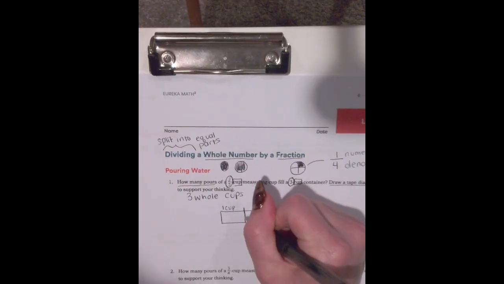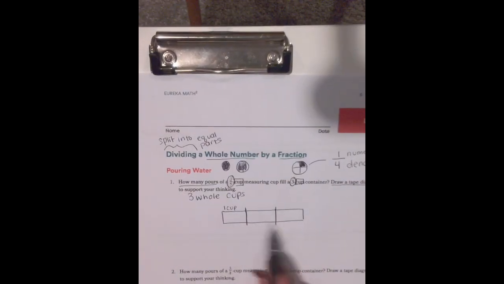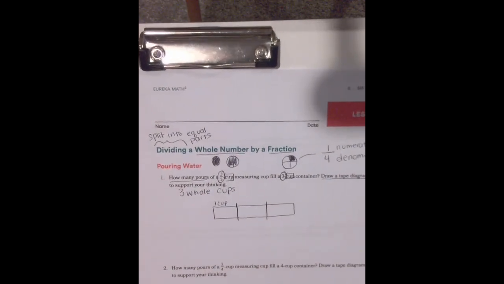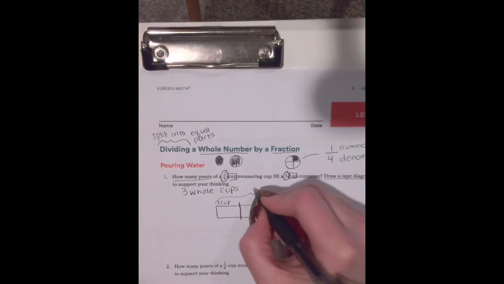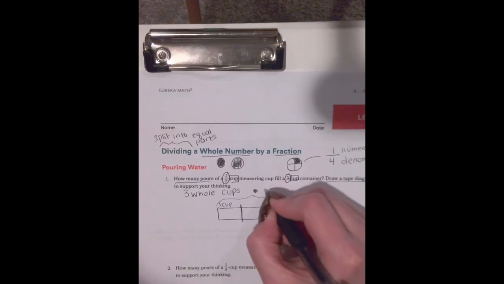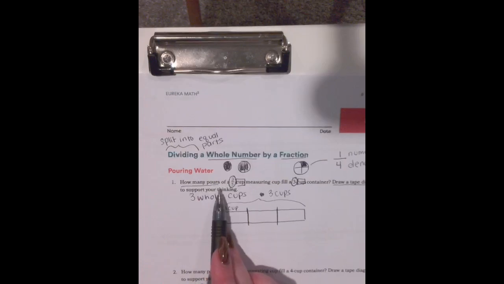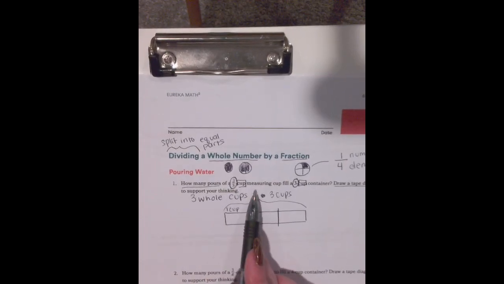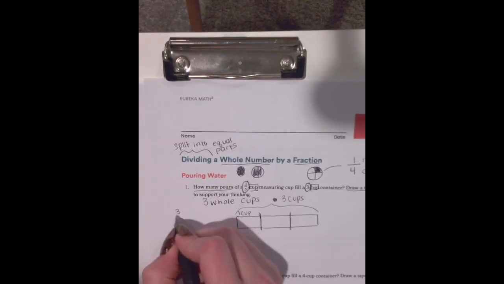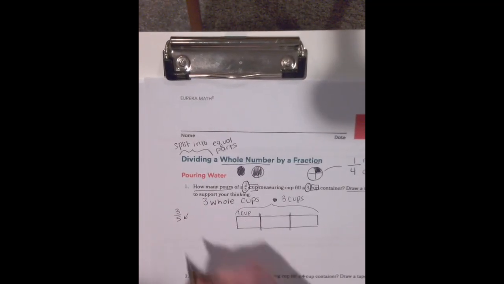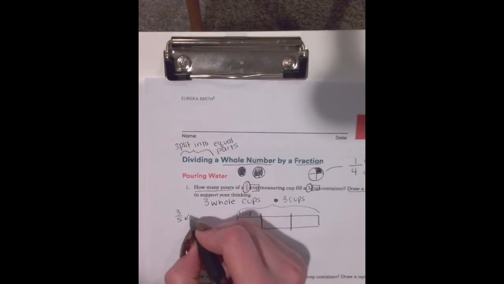Now, since we're going to be splitting this up a little bit more, I'm going to extend these lines just so we can keep track of where a whole is and where a part is. So we have 1 cup, which means this whole thing is 3 cups. Now, since we want to know how many pours of a 3/5 cup measuring cup, this denominator, so 3/5, this denominator will tell us how much we need to split each cup by. So this we want to split